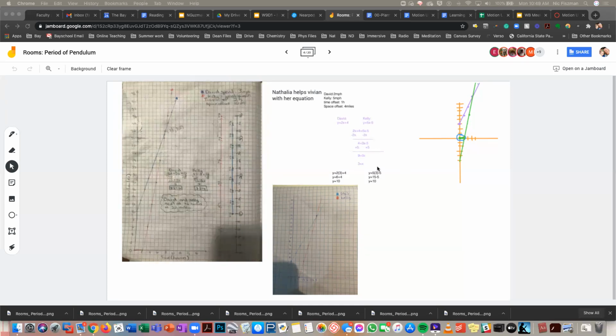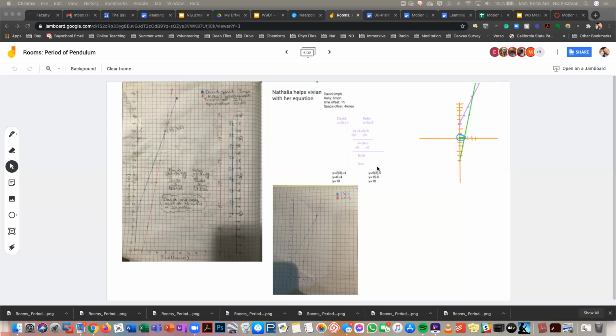Vivian, can you talk to us a little bit about your strategy for solving this problem? Like, how did you think about the problem? Well, I was thinking about it originally in like how could I turn this into like a motion map? But I did it wrong. And then what did you do wrong? I put